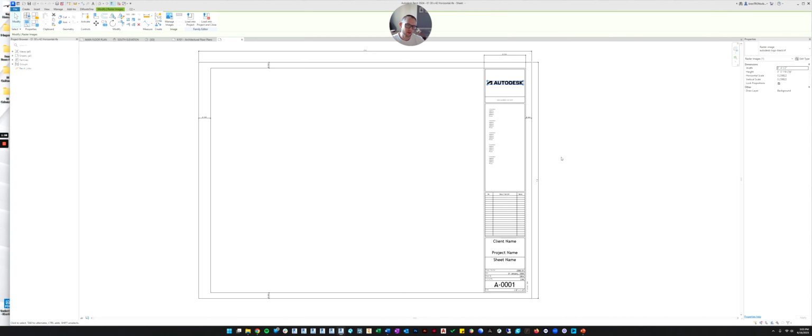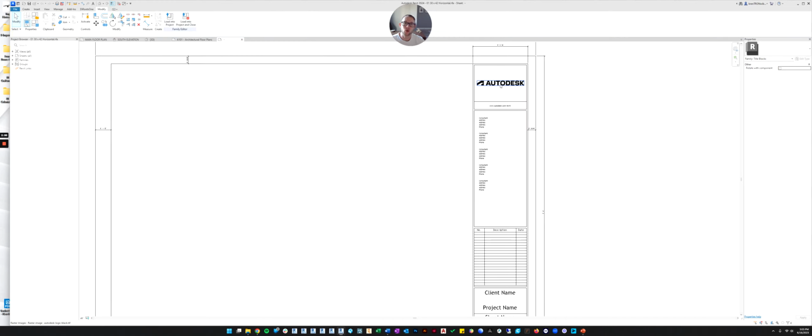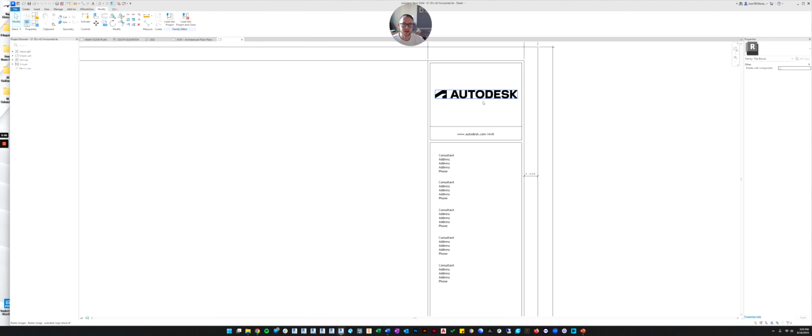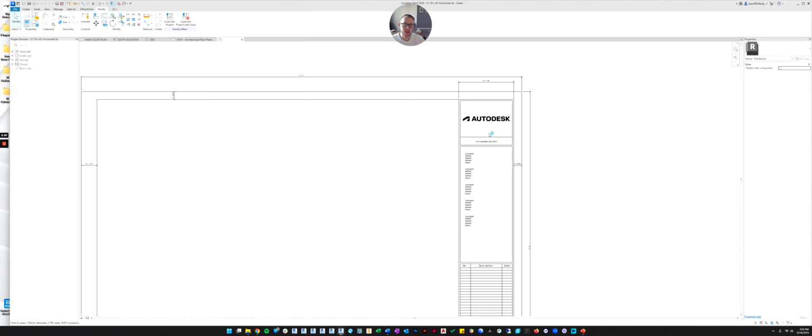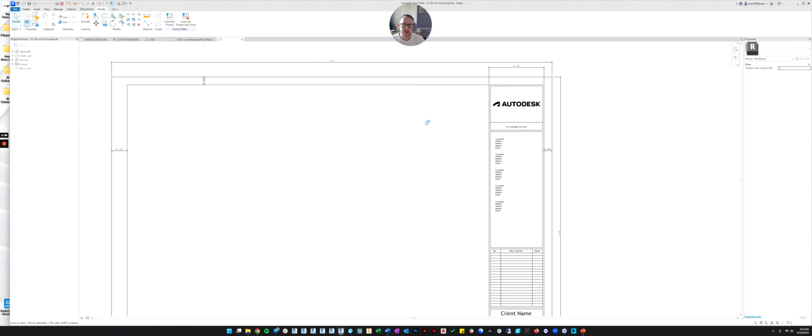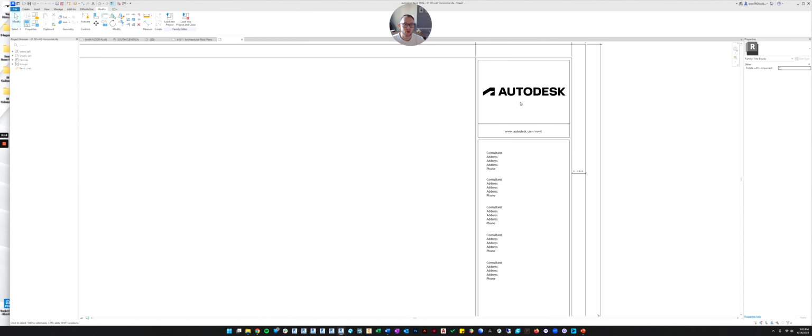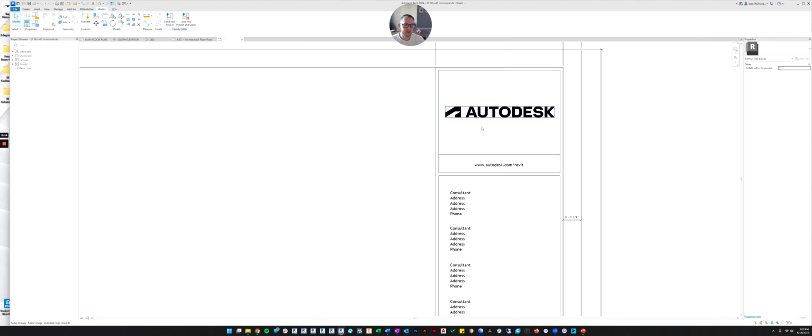So the first thing you might want to do is make your own logo. If you have a logo that you want to use, all it needs to be is a JPEG file or a PNG file, and you can load it in. If you don't have your own logo, then I want you to get rid of the Autodesk logo and just download the Slick logo that's in the exercise module on Canvas. So if you download that, just place it here.